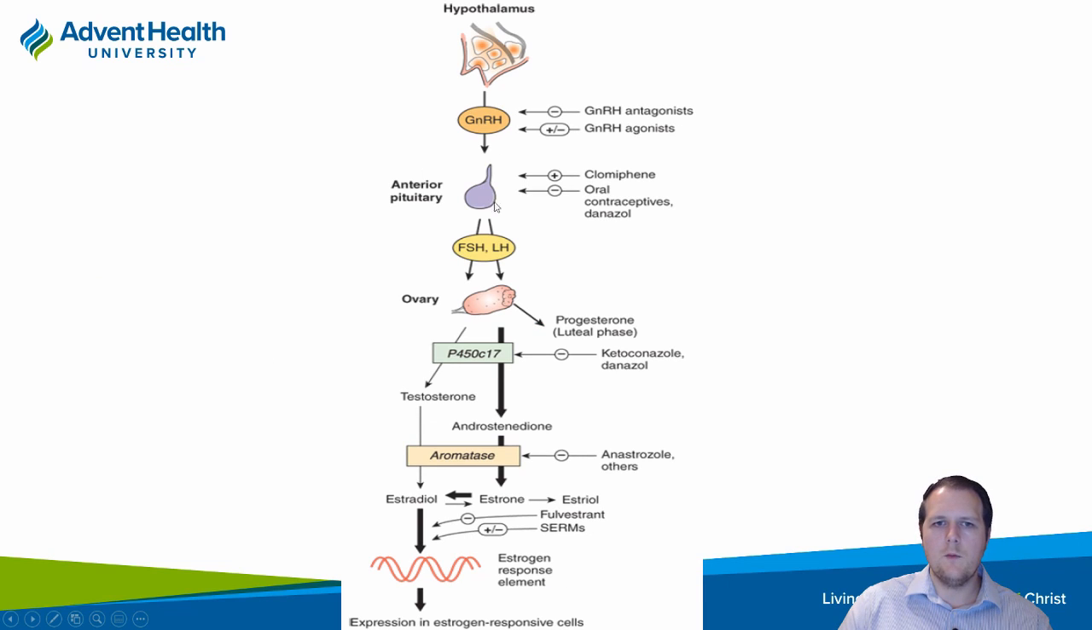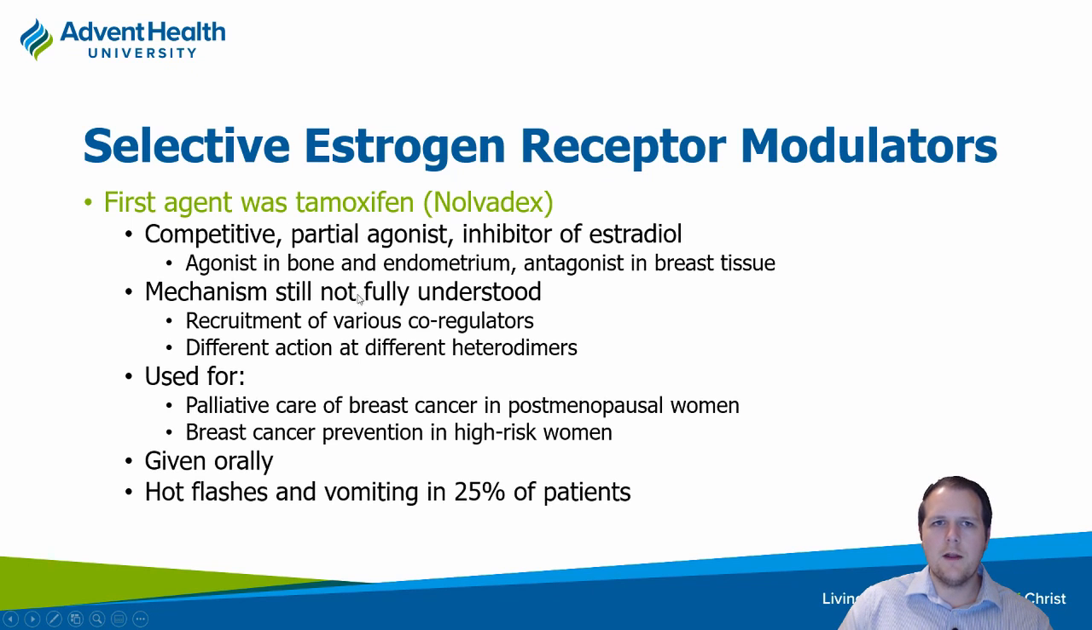So again, there's different ways we can affect the system here in terms of decreasing estrogen production from several different steps. And we're going to look at a few of these here, including some GnRH agonists, getting down to some aromatase inhibitors and whatnot. So to talk about our selective estrogen receptor modulators, the first one we had was tamoxifen or Nolvadex, and basically